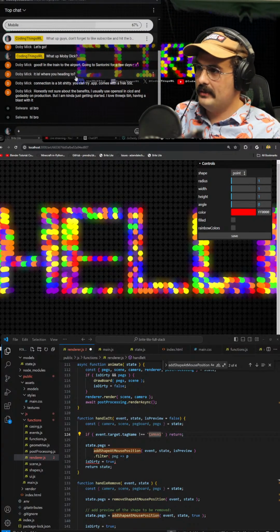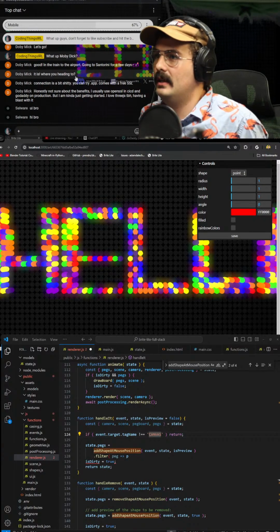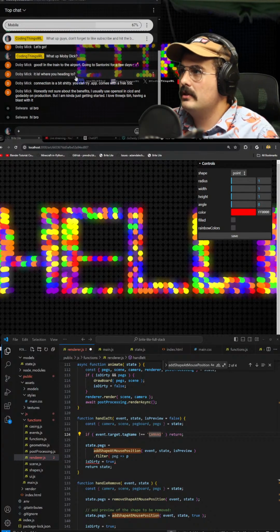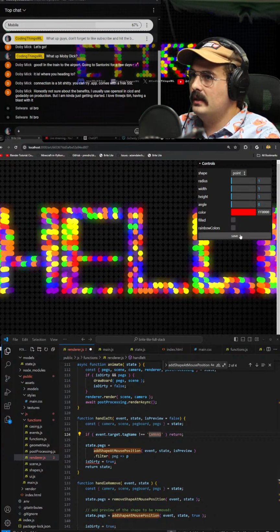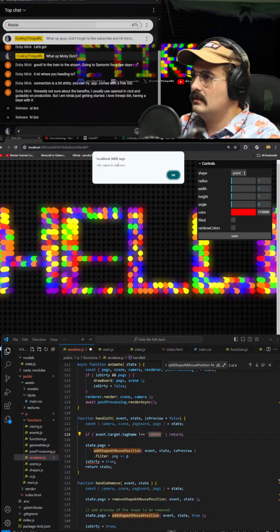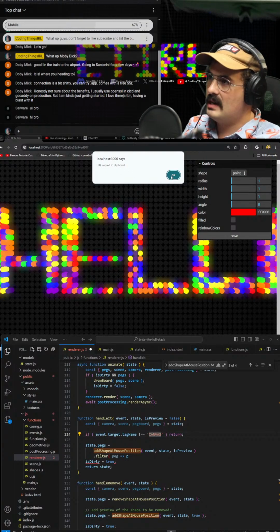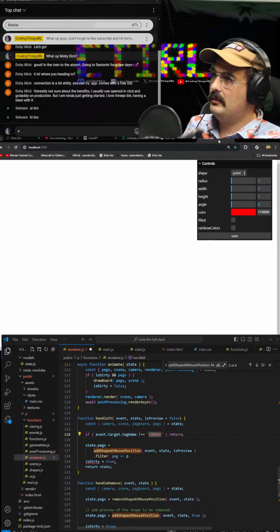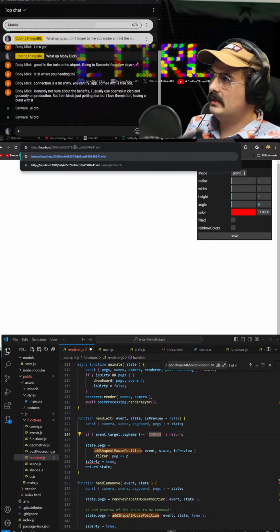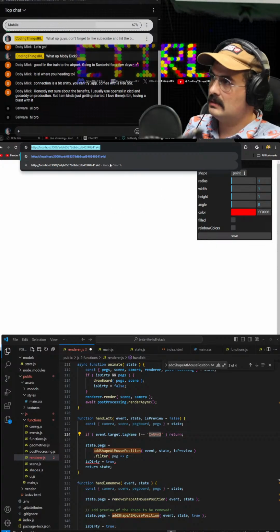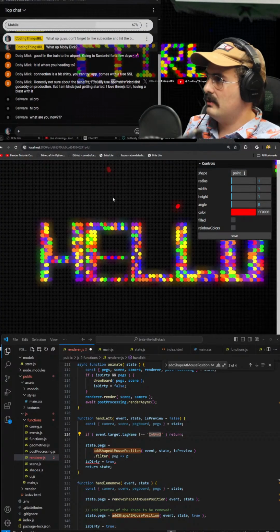We have now the ability to save our artwork in a database and return it at will. And when we click copy, we get this alert, which we're going to change later once we incorporate a decent UI. But we get the URL copied to the clipboard as it suggests. And when we visit the URL,